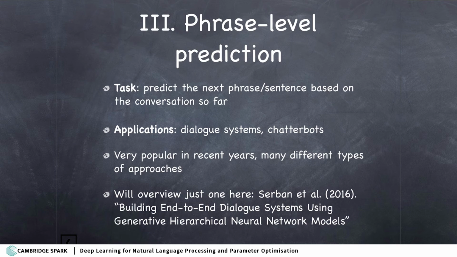And then finally, there has been a lot of research looking into these dialogue systems, communication agents, and chatbots. So basically, we want to predict what the next phrase as a whole would be, given the conversational context. In fact, this is a continuation and a sequence of the phrases that have been produced so far. So there is a lot of work into that. We're going to look at just one of the applications because it's impossible to overview all of them.